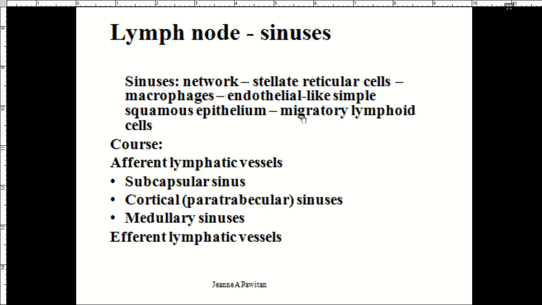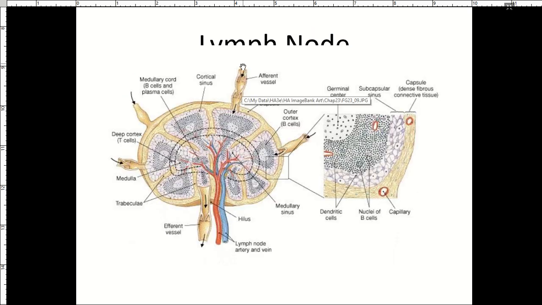So the lymph node sinuses. The sinuses are going to have a network of stellate reticular cells, macrophages, a thin simple squamous epithelium, and migratory lymphoid cells. What is important is to understand the course of how lymph is going to move through these sinuses. So it's going to start from the afferent lymphatic vessel,